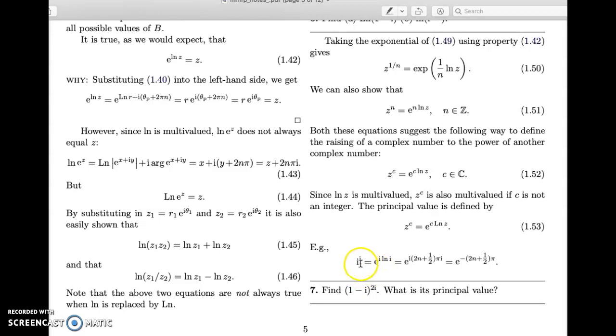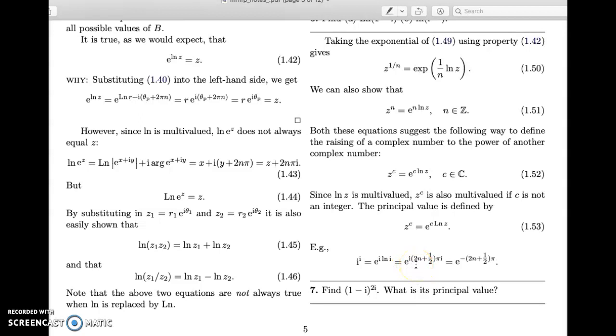It's difficult to see which is which here. Obviously, z is i and c is i. So you've got i times log i. So log i is, well, log of its modulus 1, so log of 1 is 0, so you've just got i times the argument